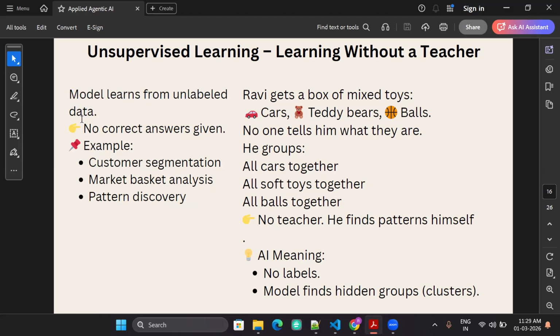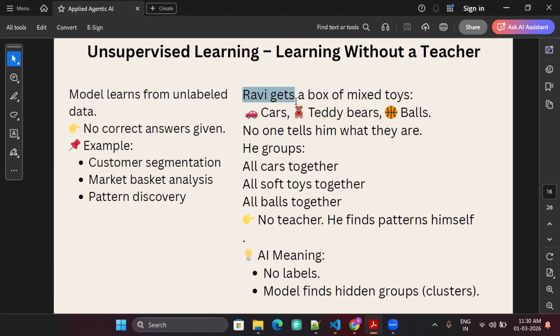The model automatically identifies patterns between those and creates some kind of model out of it, and that model is used for suggesting something to us or categorizing some things. Examples are customer segmentation, market basket analysis, and pattern discovery.